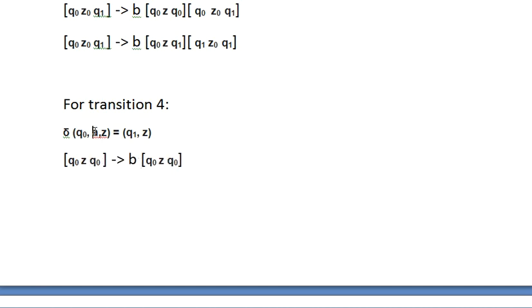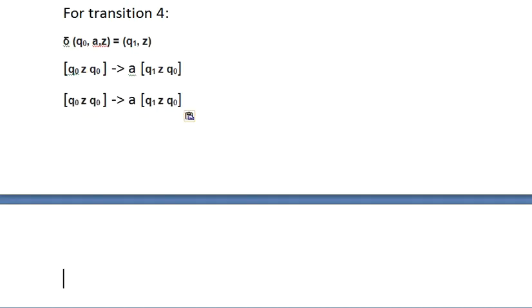Now A was the middle portion, so A will come over here. Clear? Then this Q1 will come over into this position. Correct? Z will come over here, and first it will work for Q0, and then similarly it will work for Q1. Correct? You can say here this will be Q1, and whatever is there in this position, it will reflect here as well. So this is the production for Z.